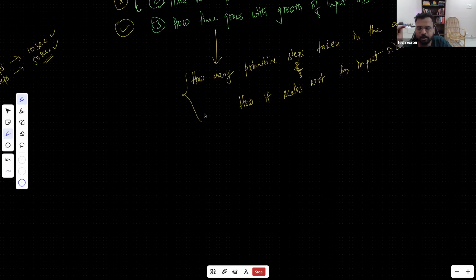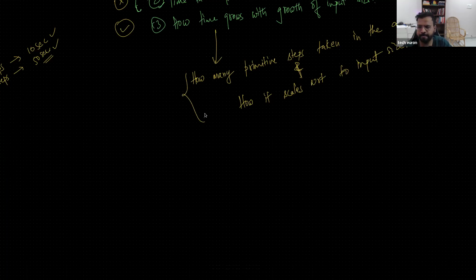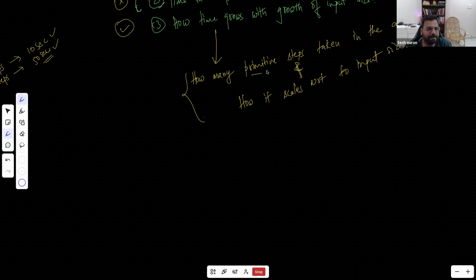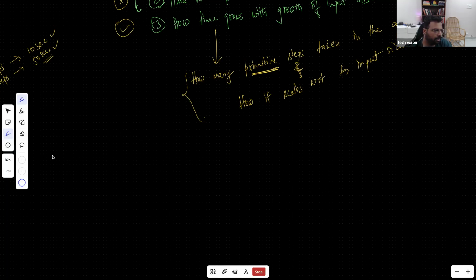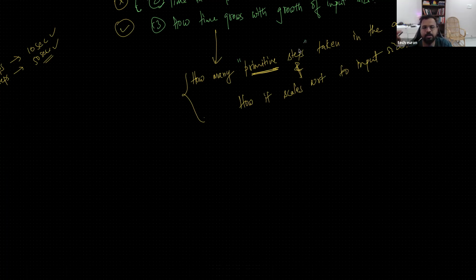So even before writing the code, even if we know the algorithm, if we know the pseudocode, or if we know the high-level understanding of what we are trying to write, we can always calculate how many primitive steps it will take for me to complete that algorithm. And what are these primitive steps? Primitive steps means one unit in a computer calculation.